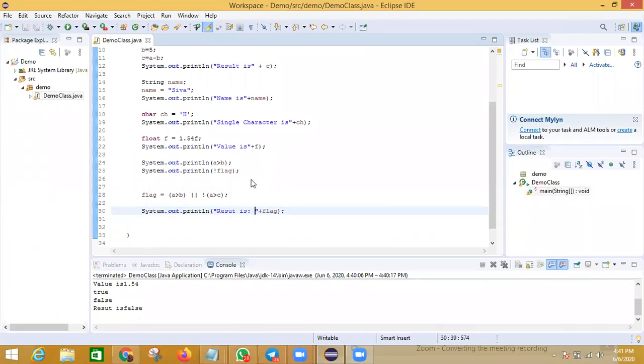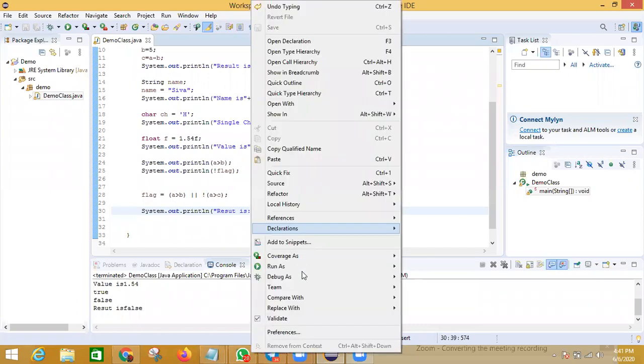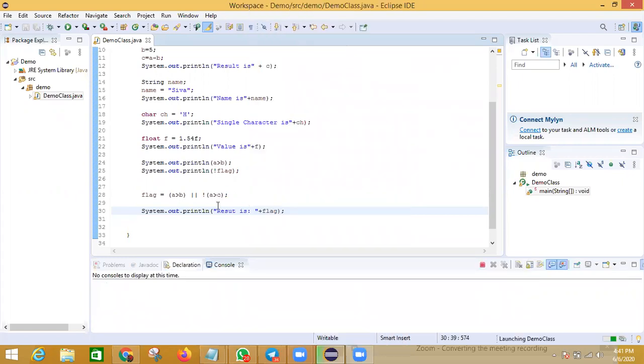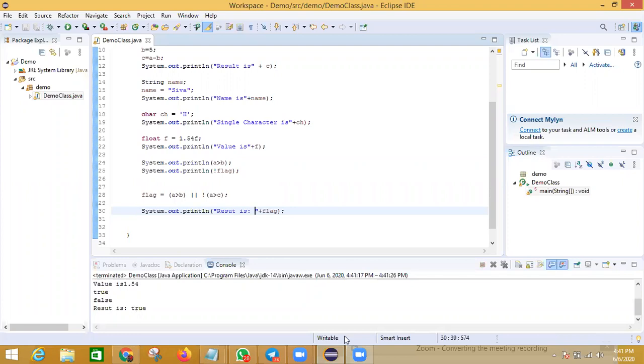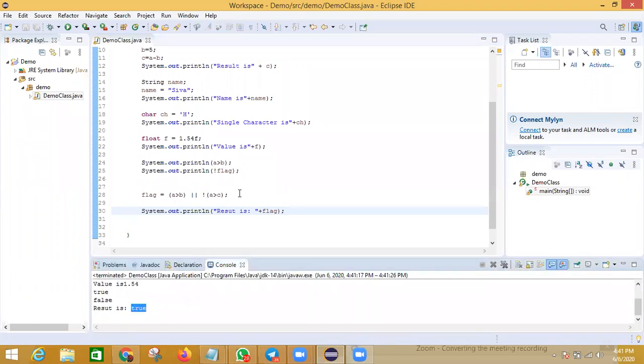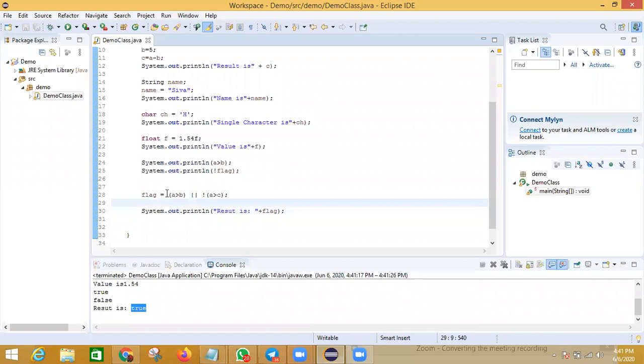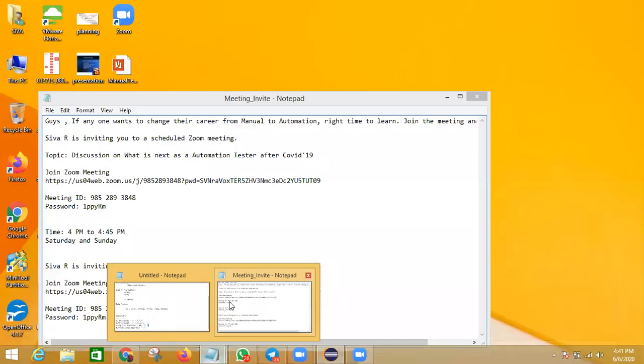Right click, run as Java application. Now this returns true. One condition is true, then we converted another true to false, and the OR operator still returns true. So these are the various situations where we work with these operators. We work with multiple conditions, and if you want to get a result based on the conditions, we can go for these operators, because these are very basic things we should know. So these are the logical operators.